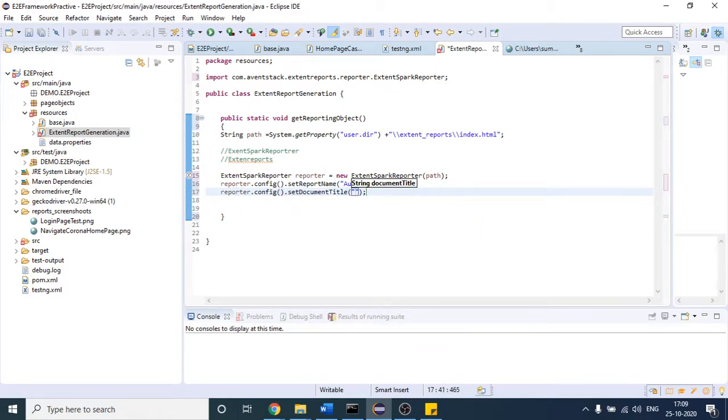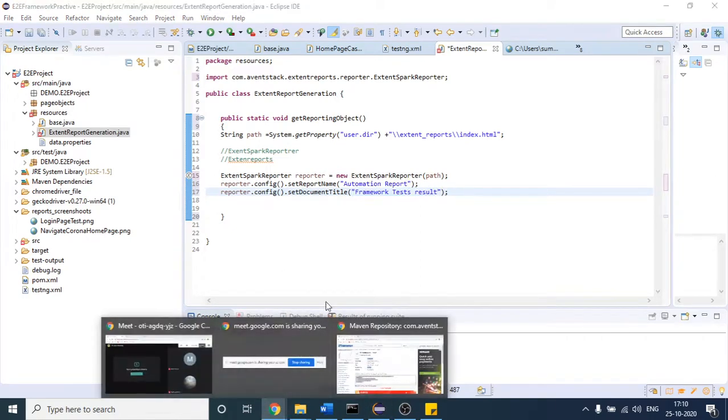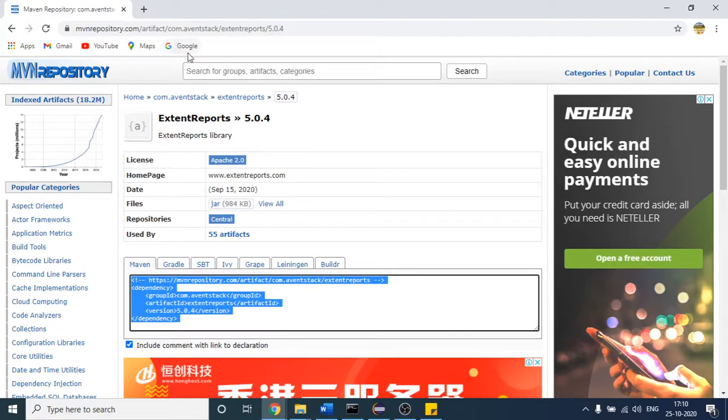I want to give the title name as framework test result. So that will be your title name, right? Suppose if I show you this browser, this is nothing but the title name. When I place my mouse cursor here, it gives me some text. This is the title name of our report.